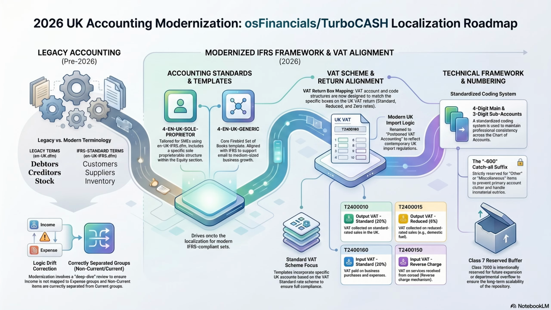Such a great rule. We traveled backward in time with the G3600000 retained earnings adjustments, analyzing how the architecture protects the current year operational scorecard from being polluted by past mistakes. Crucial for investors. And finally, we navigated the incredibly complex, highly localized maze of the UK VAT return boxes, from zero-rated deductions to reverse charge fraud prevention. It truly is a remarkable synthesis. The software acts as a perfect bridge between abstract global economic theory and the granular reality of local tax law.